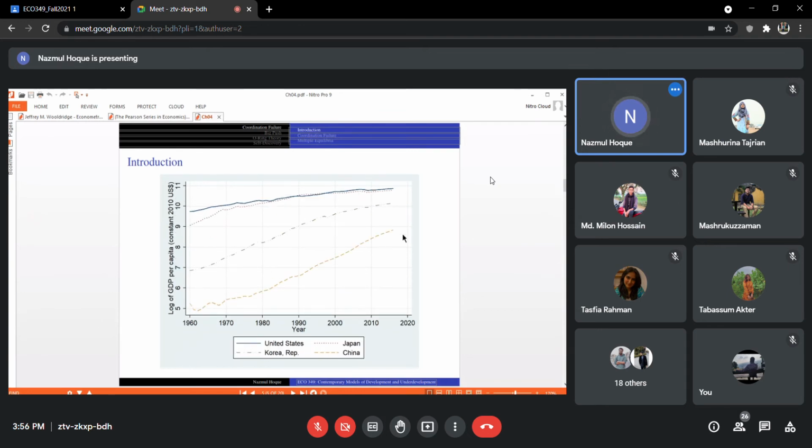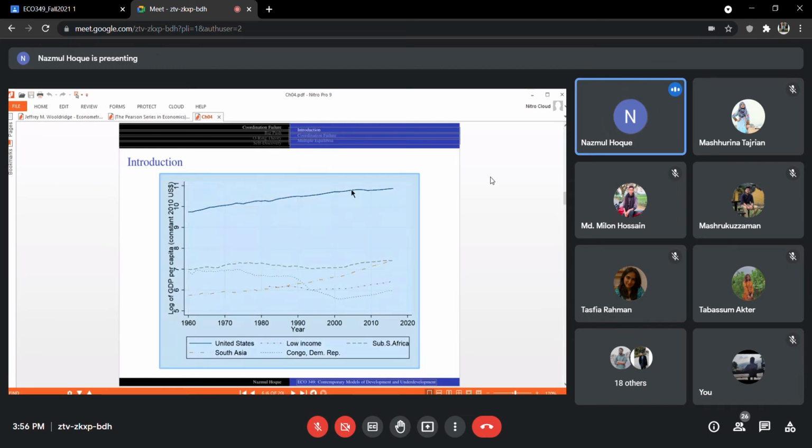But if you look at these countries, USA is the top. The top line is USA. This is USA, and the other developing countries are at the bottom here. So it doesn't look like the poor countries are getting closer to developed countries. Instead, it looks like they are moving in the opposite direction probably, or there is no change in this income